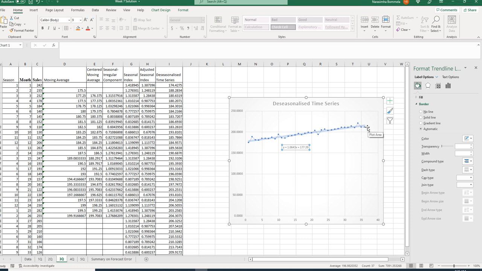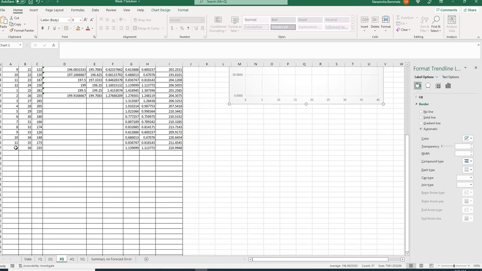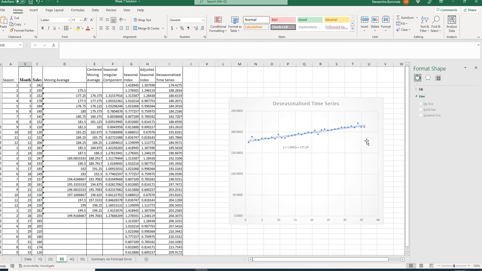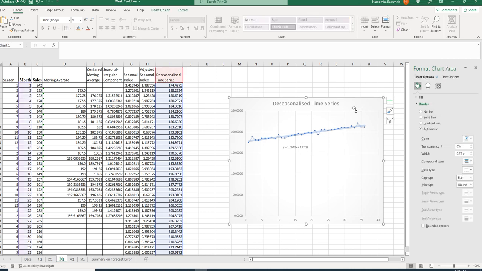In the next task, we will be forecasting the values for the 4th year. We have data for 3 years, 36 months. For the remaining 12 months, we will be forecasting data by using this equation. For this question, we can observe, based on the trend line and the graph shown in the image,